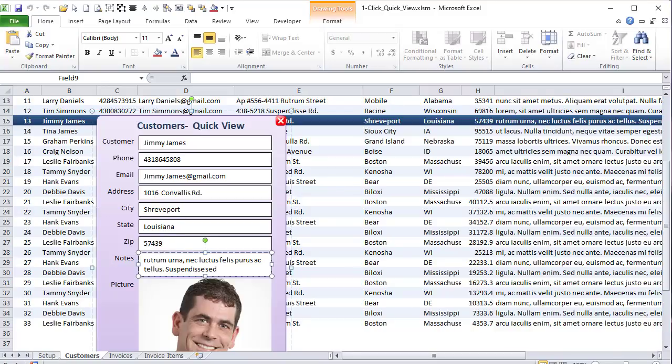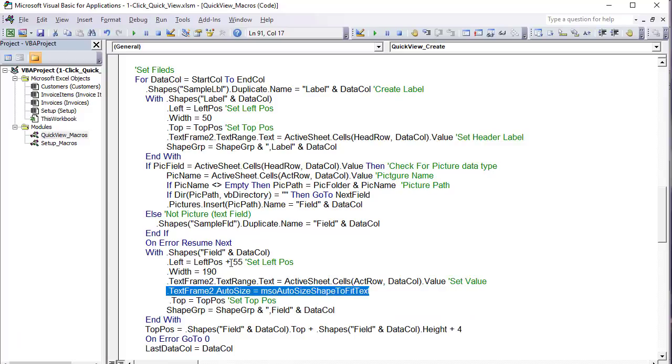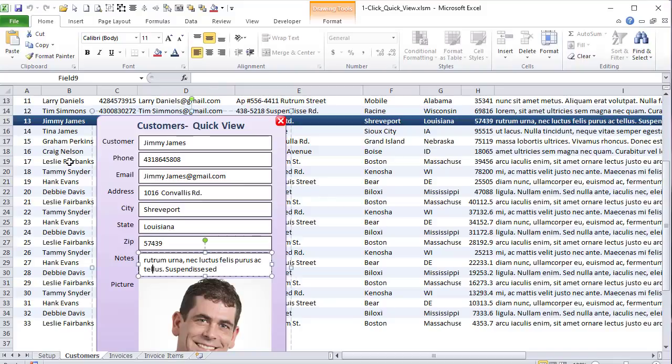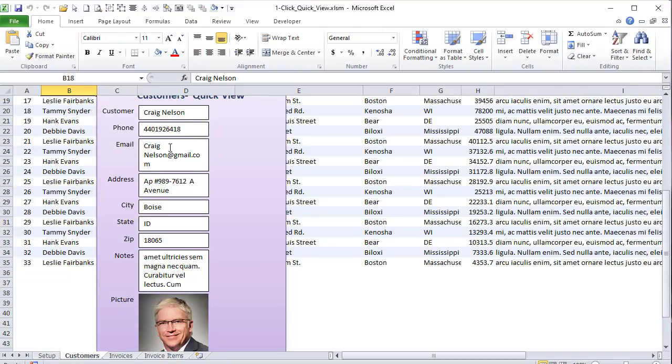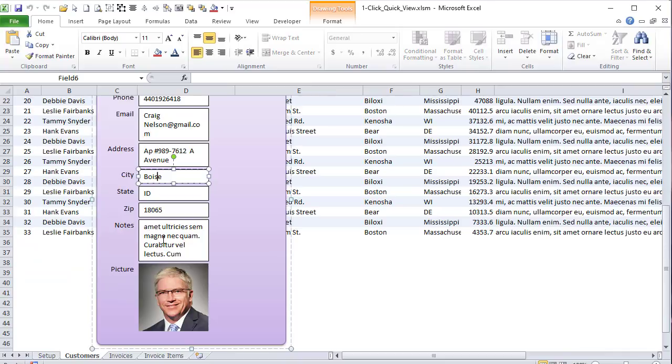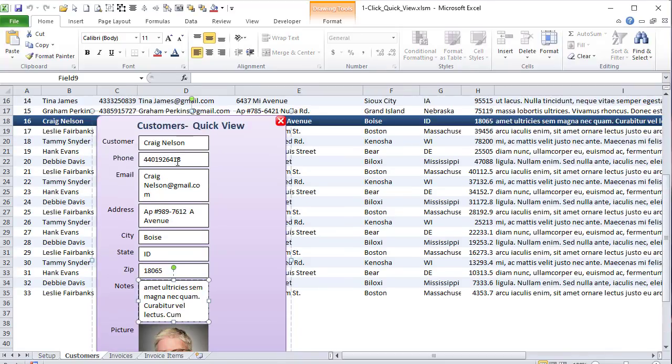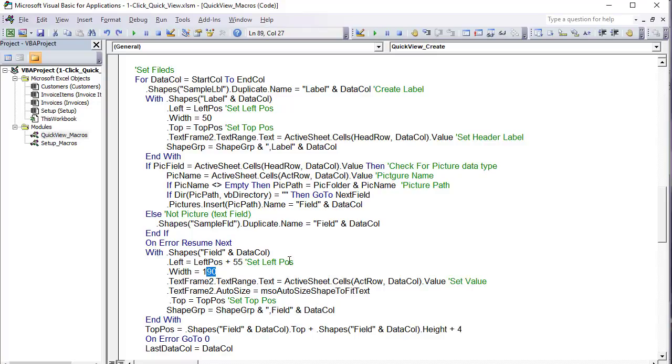If I decide to make this a very, very small field, let's say a width of only 100, that's going to change a lot of things here. If we take a look inside here, now we see how it increased. I want that automatically to increase. So we do that, and we can change that back. We can do that with this auto size shape text to fit. This will automate